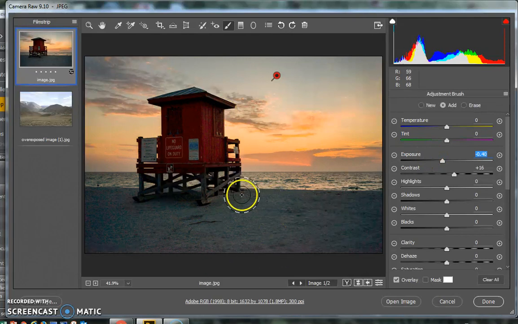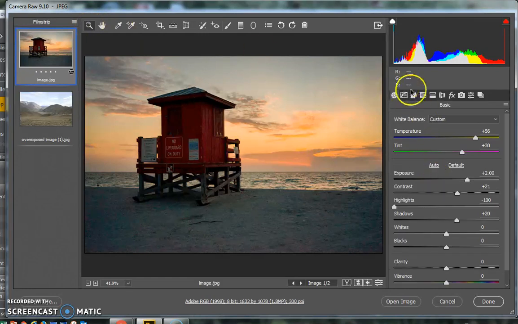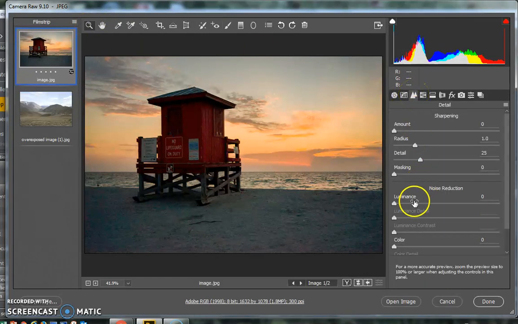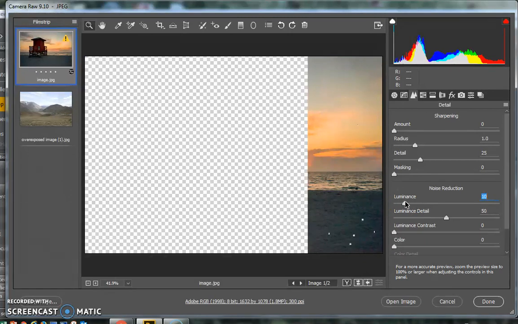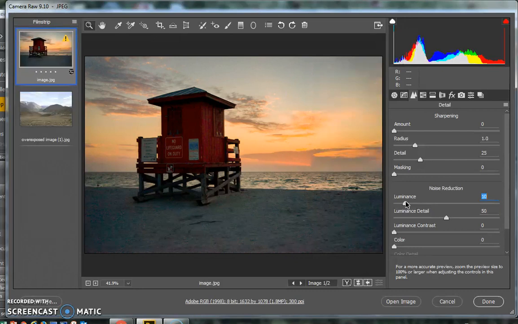The last step I would do would be to go back to the zoom tool here and take out some of the noise of the image and reduce that a little bit. This is an image from the internet, so I'm not going to completely get rid of the noise. But whenever you have an underexposed image, it's better to take away some of the noise so that it's not so grainy, and then always sharpen it a bit. So I just sharpened it a bit, and now I can save the image